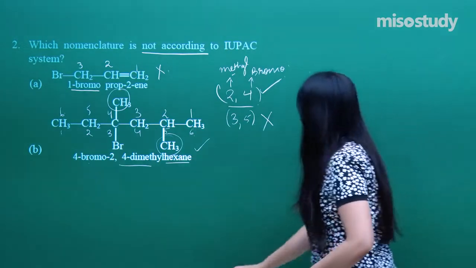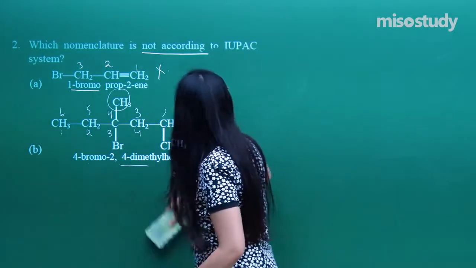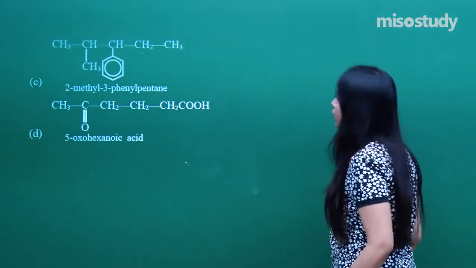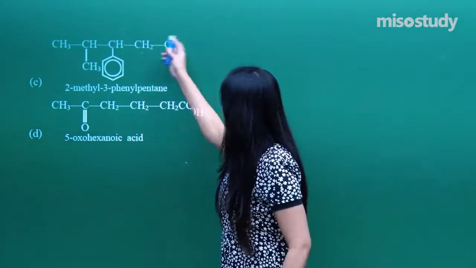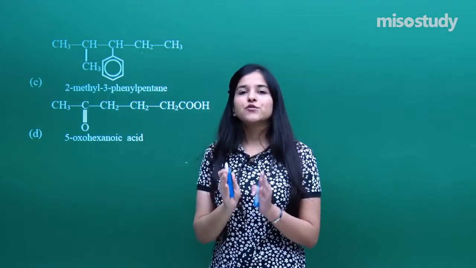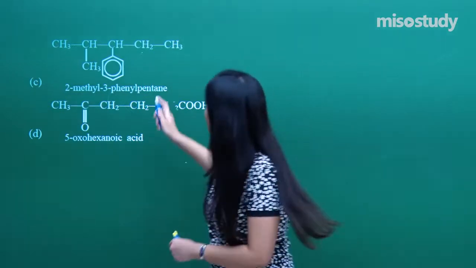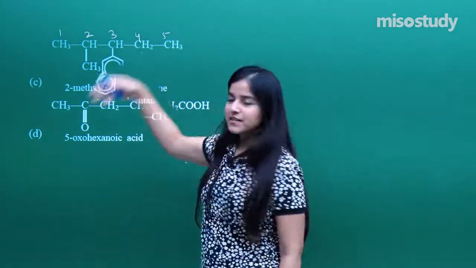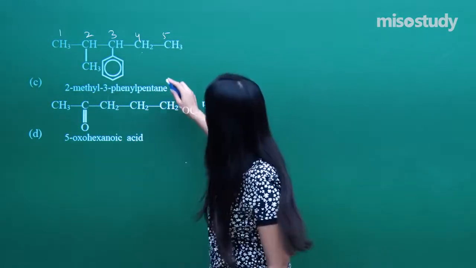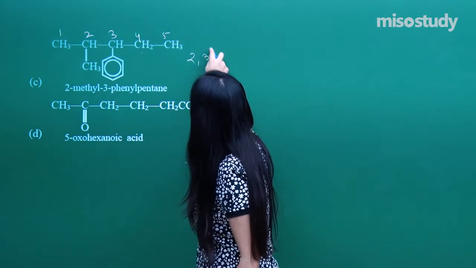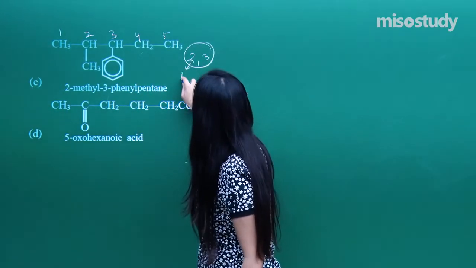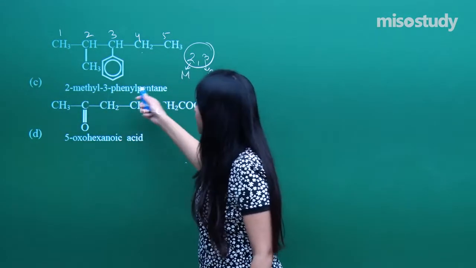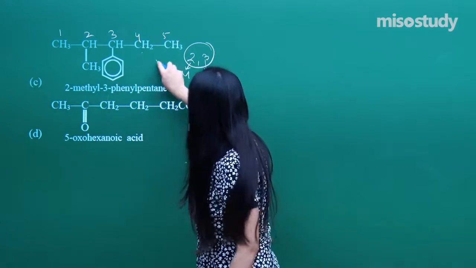So that is also correct, and this option is correct as per the IUPAC nomenclature. So let's now move on to the next options. I hope you all have got these two. Let's have a look at the other two. In the other two, what do you see? Again, I need to assign the lowest possible set to the substituents. So it would be 1, 2, 3, 4, 5 and not the other side. I hope you all are getting the idea. So at 2 and at 3: at 2, it's methyl; at 3 is phenyl. 2-methyl, 3-phenyl, absolutely correct option.